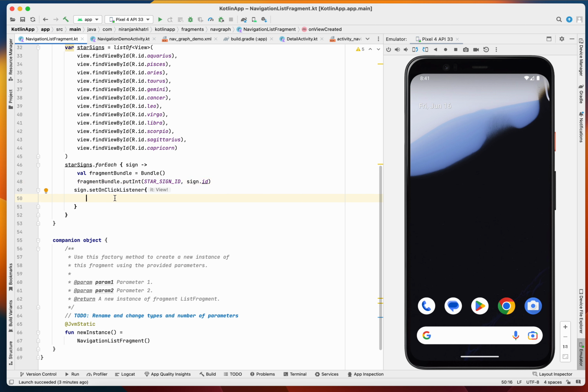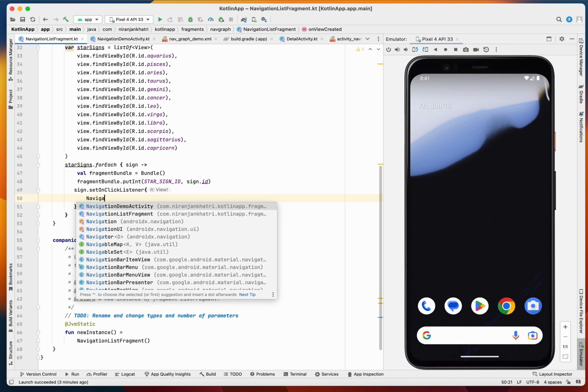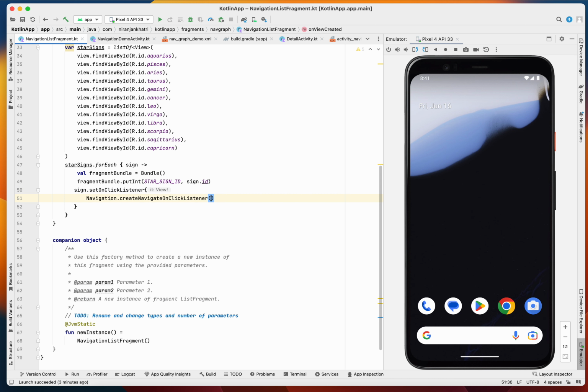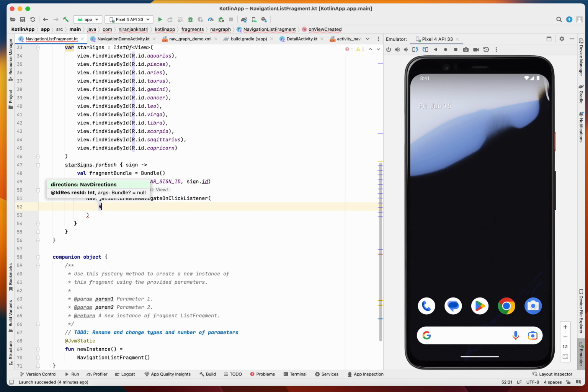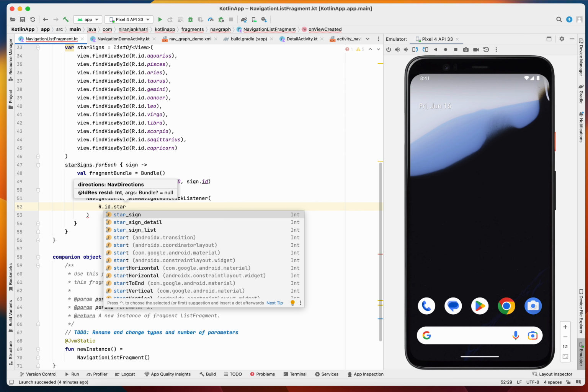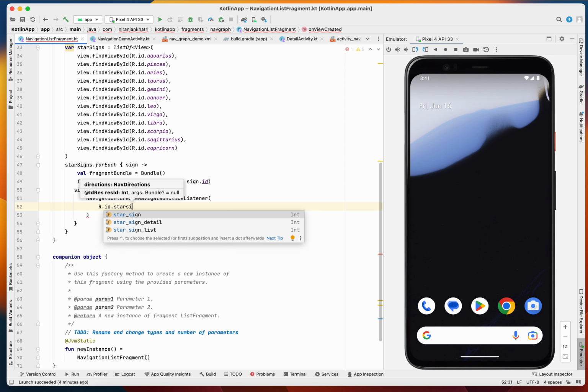Then we have to do something here. We have to create the navigation on click listener. So what we have to do is create navigation on click listener. Here we pass the action,